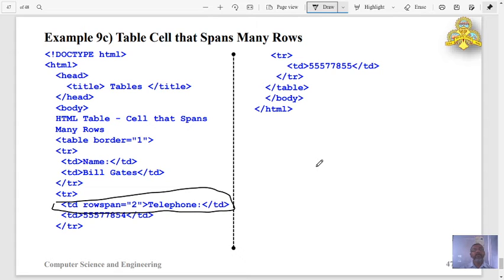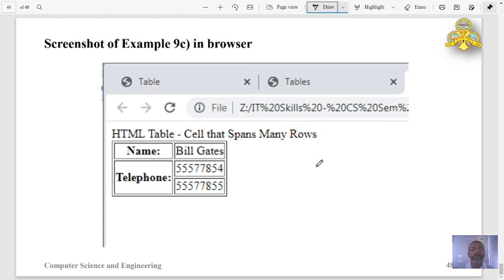Observe here, a cell is made as rowspan up to 2 rows. When I open the code in a browser, it will display like this. Observe that it's a normal row, whereas here cell is spanned into 2 rows.